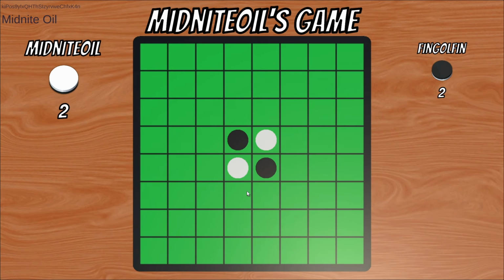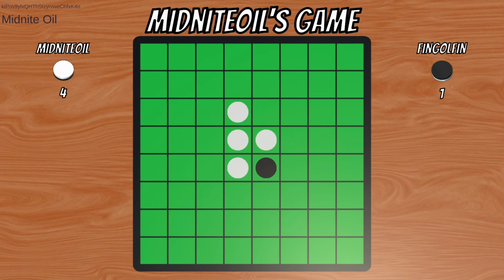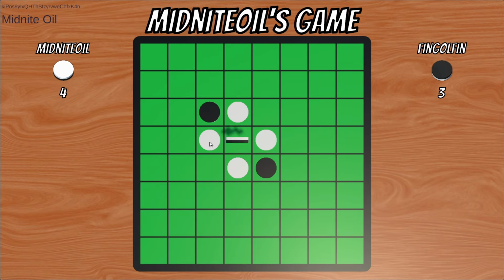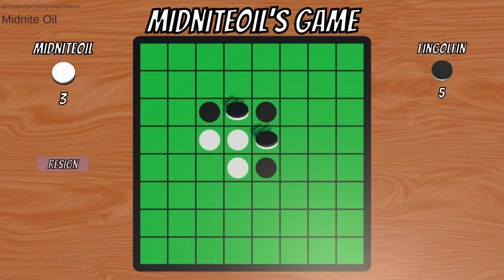What if I told you that you could build a fully functional multiplayer game in Unity in just minutes? No complex networking code, no headaches with lobby systems, no wrestling with player authentication. The game you're seeing right now, this fully playable multiplayer Othello game, was created using my Midnite Oil software multiplayer boilerplate package. And by the end of this video, you'll know exactly how to create your own multiplayer game